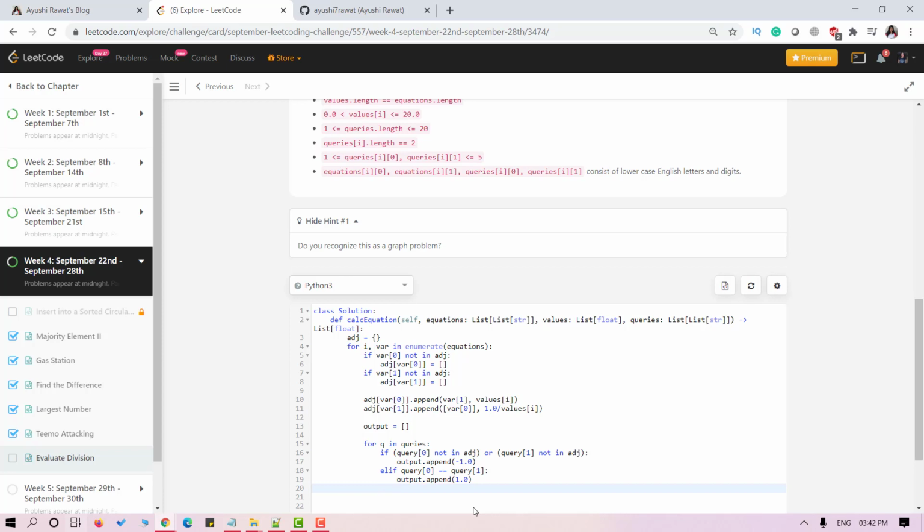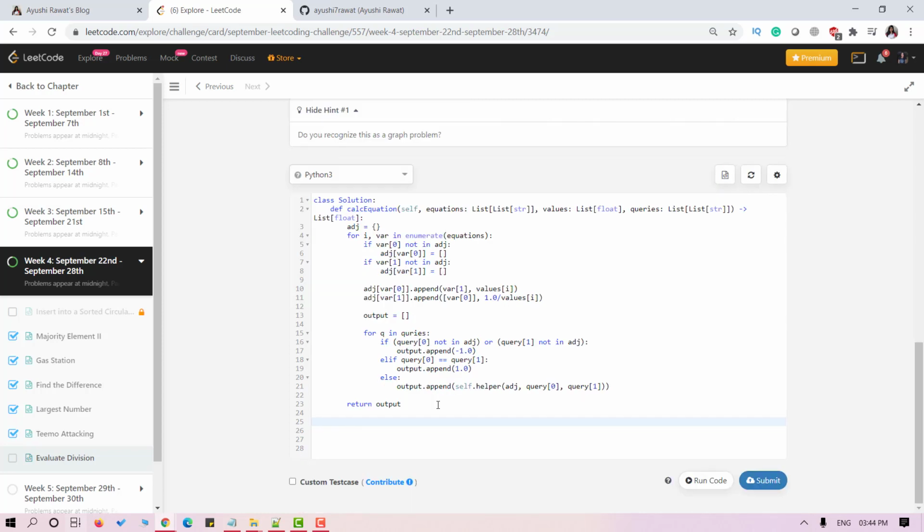Otherwise, I'll call our helper function to find the result of the query. And at last, let's return the output.